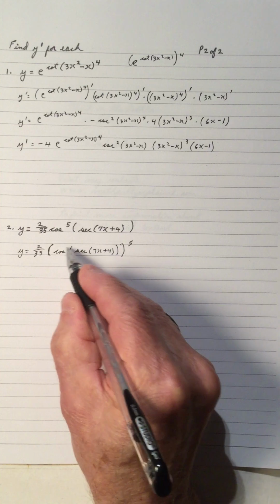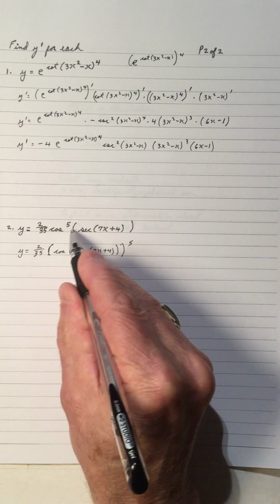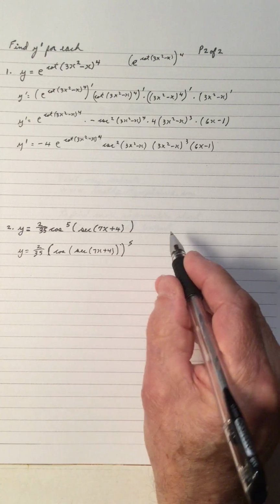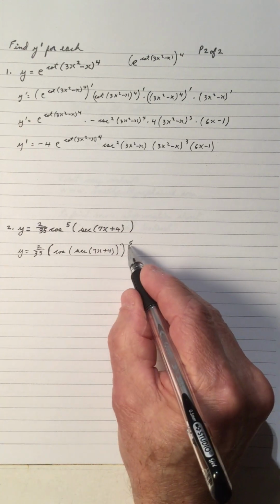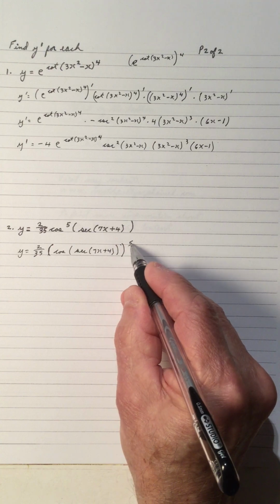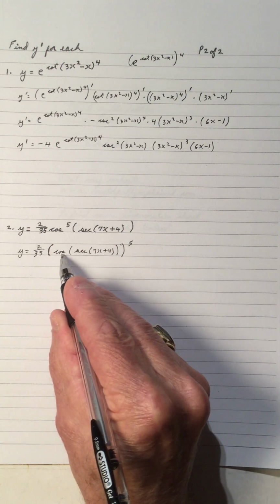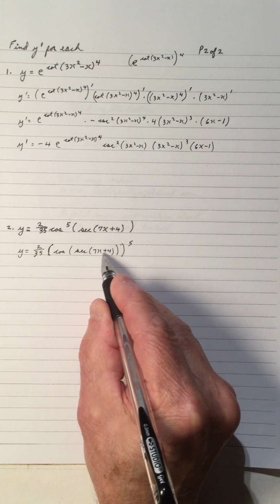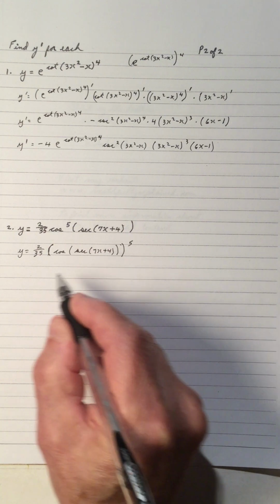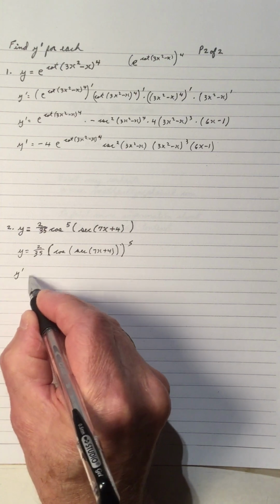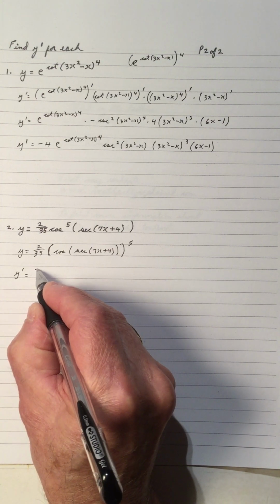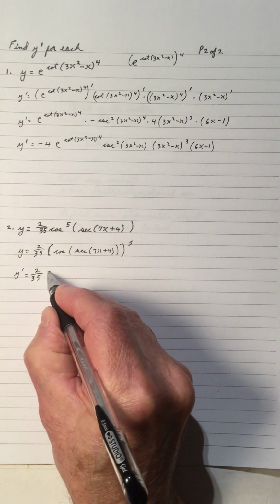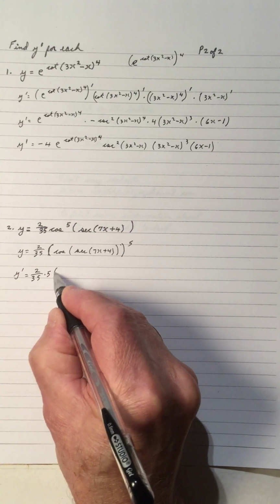So this 5 means that all of this expression, all of this, there it is right there, is raised to the 5th power. So we have a 5th power with x to the 5, so we do the power, we do the cos, we do the secant, and then we do 7x plus 4. So y prime, the constant stays outside, so it's 2 over 35, and that's the 5th power of